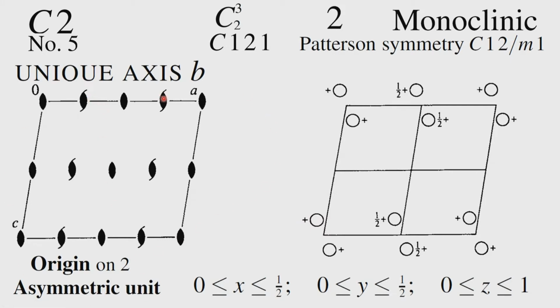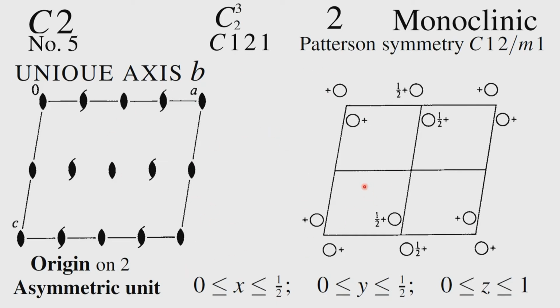The moment additional symmetry elements come at 1/4 position, either along this direction or any other direction, in this particular case, since the unique axis is along B, it will come only in this particular direction. If there is a 1/4 appearance of any symmetry element, in this case a 2-1 screw axis, the presence of the 2-1 screw axis tells us that it is a C-centered lattice. So, we automatically know how this C-centered lattice is coming, and this is something we will discuss a little more in detail when we take up this diagram.